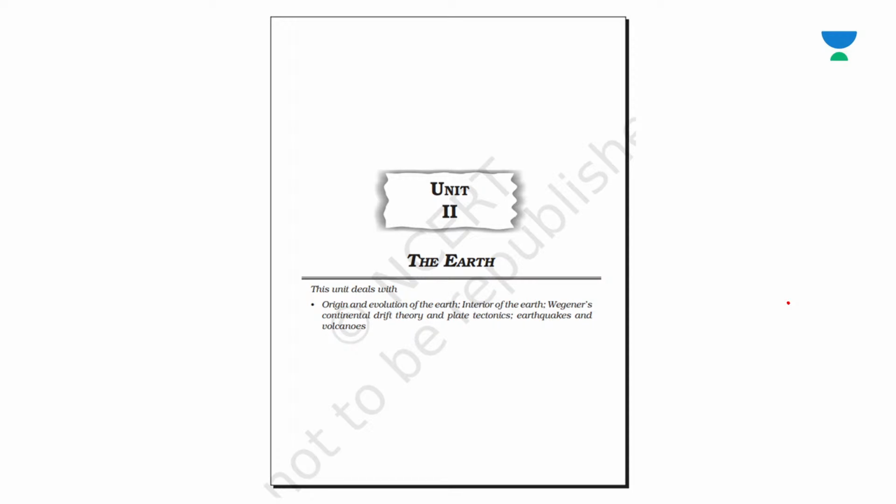Like we have discussed the early theories, origin of the Earth, then modern theories where we have discussed the origin of the universe. We have also discussed the Big Bang theory, then star formation, formation of planets,